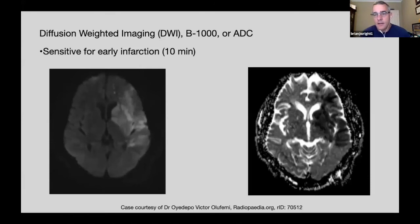The money for MRIs for stroke is the DWI. And I think the hardest thing about reading an MRI is figuring out what your hospital calls each image sequence, because every hospital has some different name for them. So for stroke, you're going to look for the DWI or the B1000, or if you can't, the ADC. The DWI or B1000 is going to look like this here. And this looks for basically